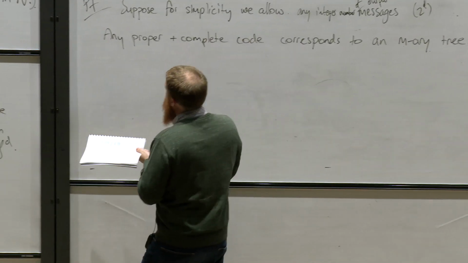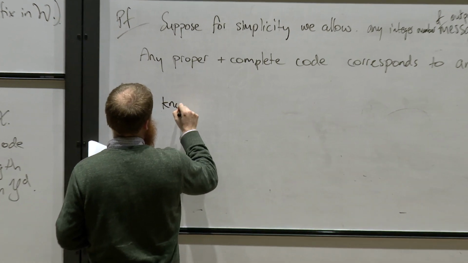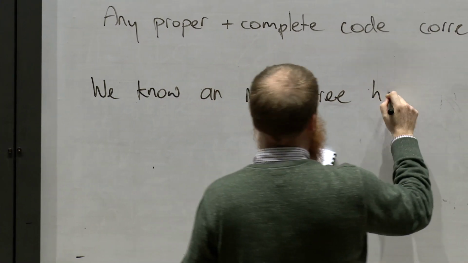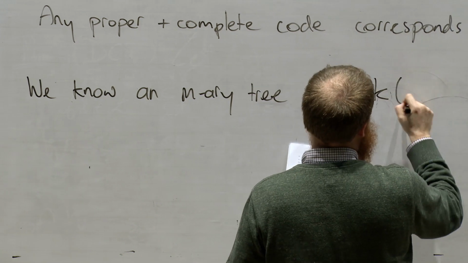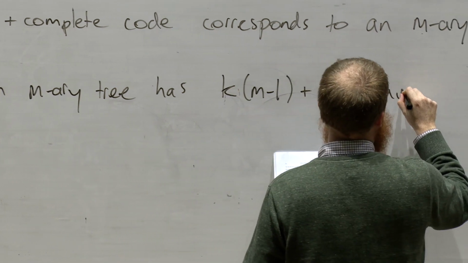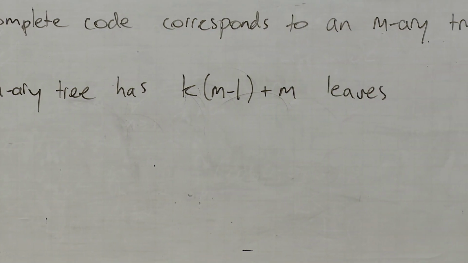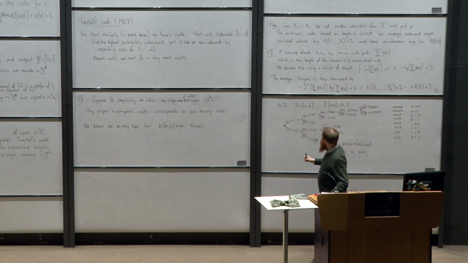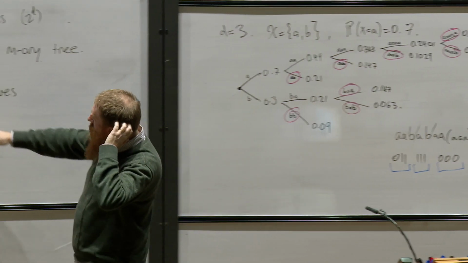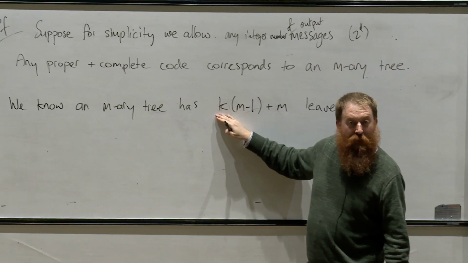So now we know an M-ary tree has k times (m minus 1) plus m leaves. Why? Well, every time I split a node, I add m minus 1 new terms, so m minus 1 new leaves. So every time I do a split, when I build up a tree, I'm always adding m minus 1, and I do this an integer number of times,